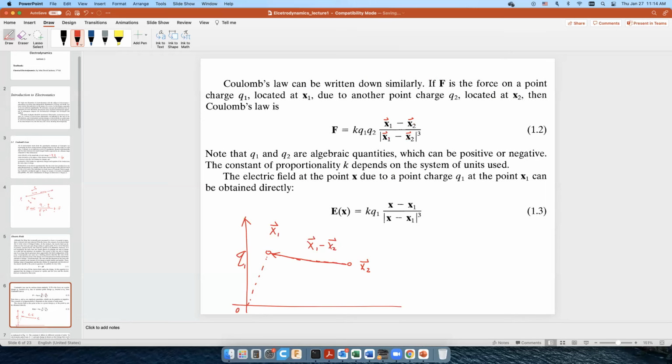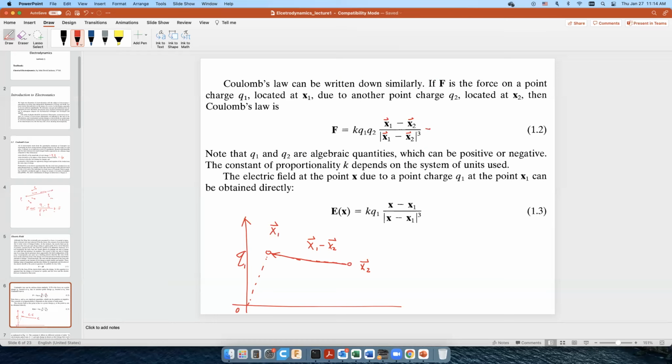Then x1 subtracted by x2, over the magnitude of x1 subtracted by x2 cubed, means the magnitude of this vector's cubic